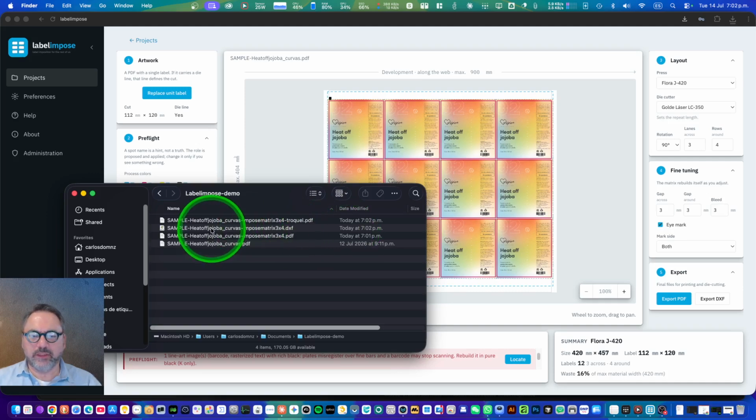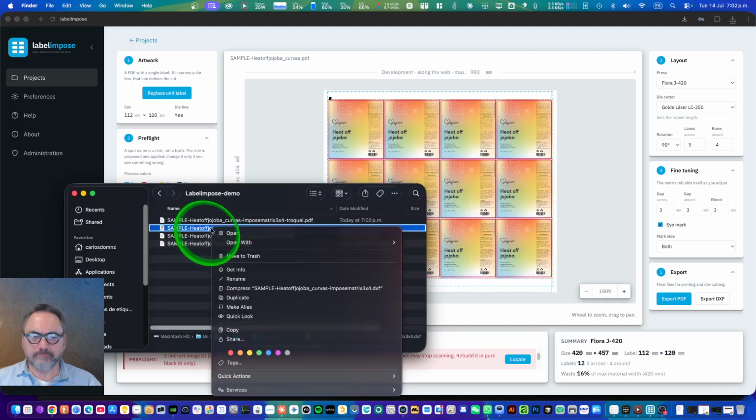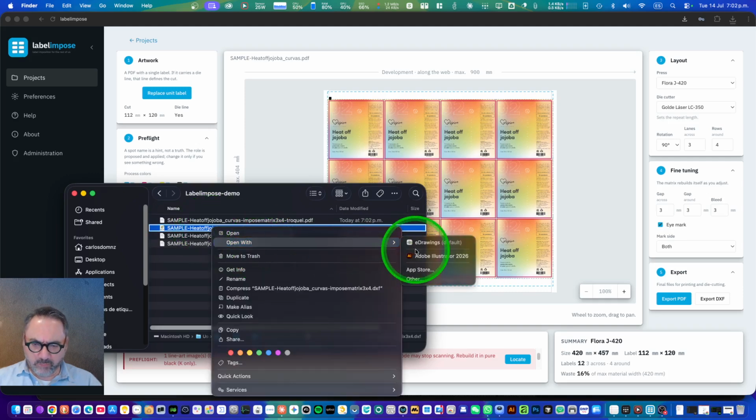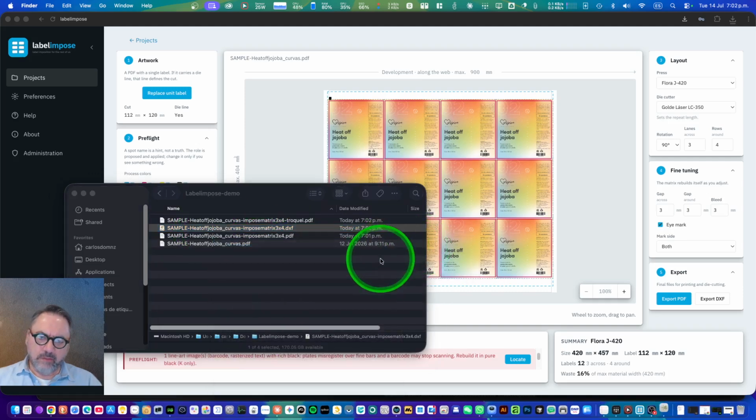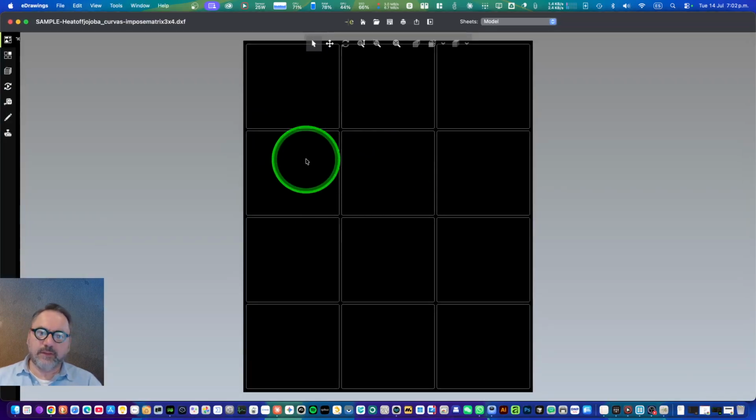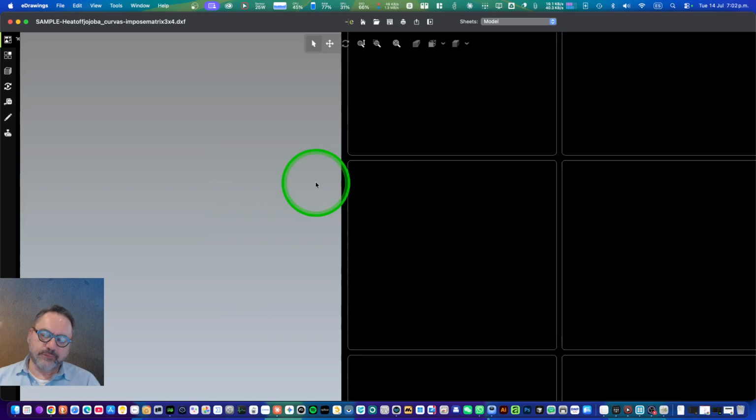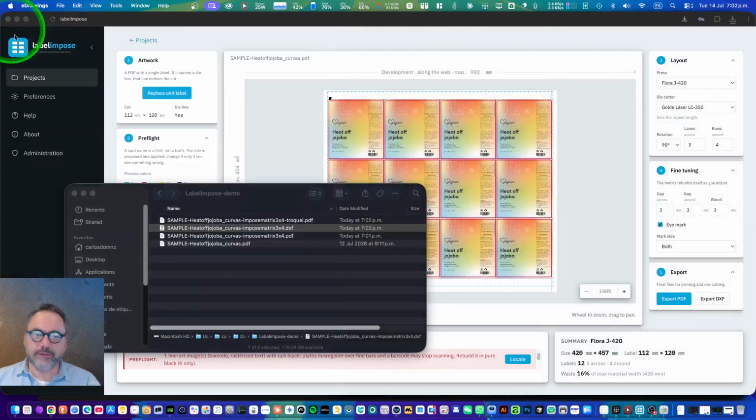You can make sure that our file goes directly to your die cutter, and what it has exported is not a PDF, so we cannot see it, but this is a file ready to be imported directly into your die cutter.